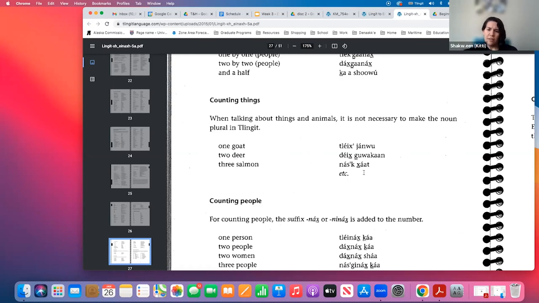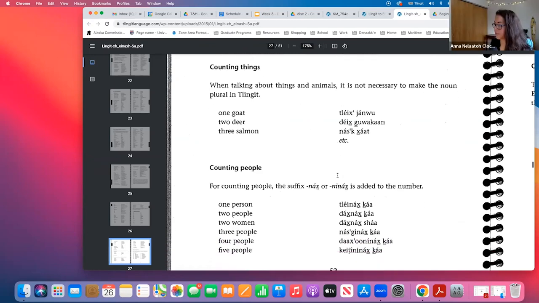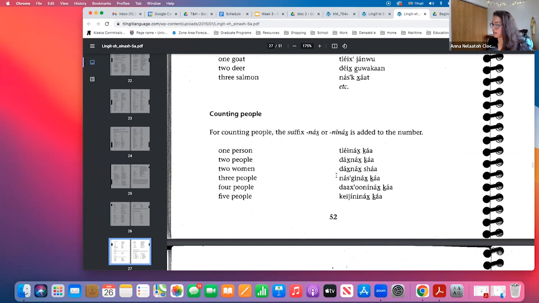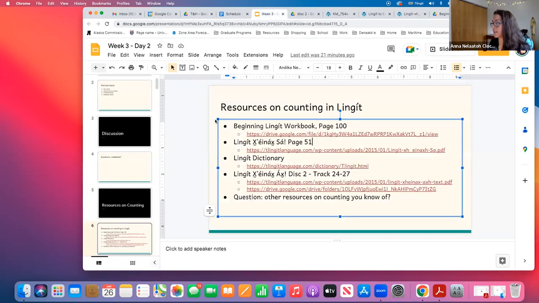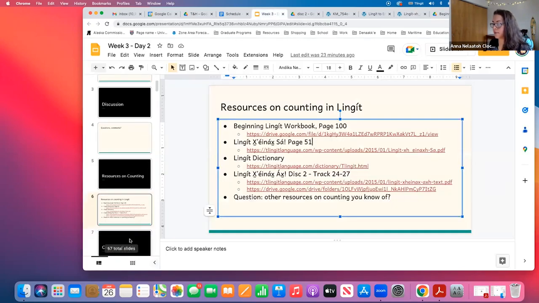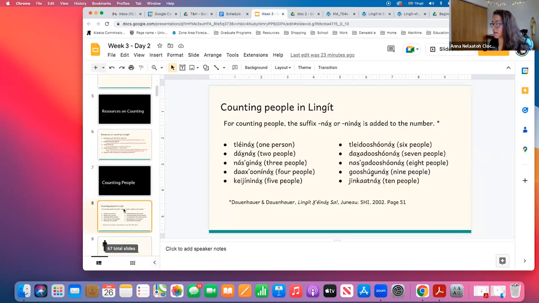So this next section is what we're going to focus on today, and it's counting people. For counting people, the suffix nach or ninach is added to the number. Looking at our slides, I pulled this information.